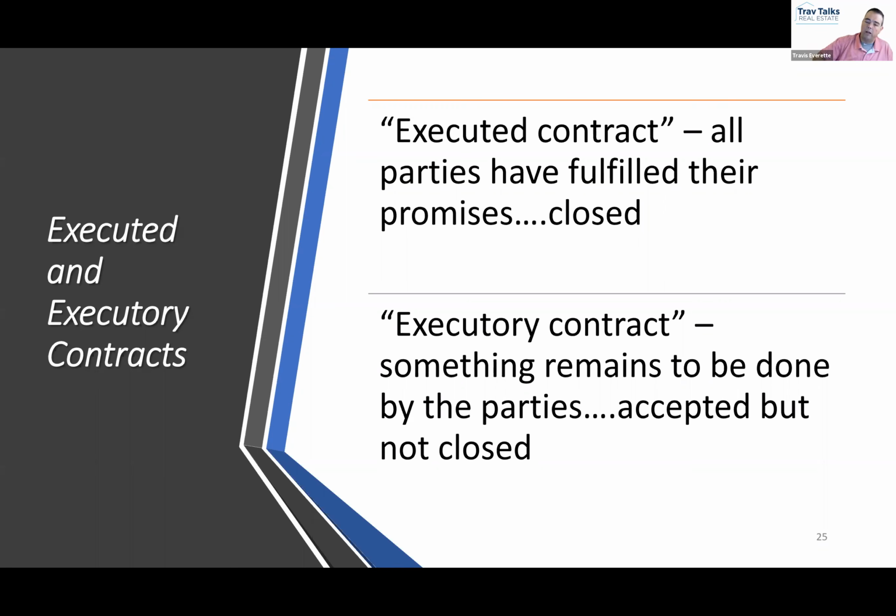Then we layered on, now that we know if it's express or implied, is it bilateral or unilateral? It's not a different thing, it's an additional thing. Does that make sense for everybody? So it might be an express bilateral contract or an implied unilateral contract. It's an additional layer of definition. Then we layered on a whole other layer. Now that we know if it's express or implied, and bilateral or unilateral, we need to know, is it valid, voidable, or unenforceable? Does that make sense for everybody?